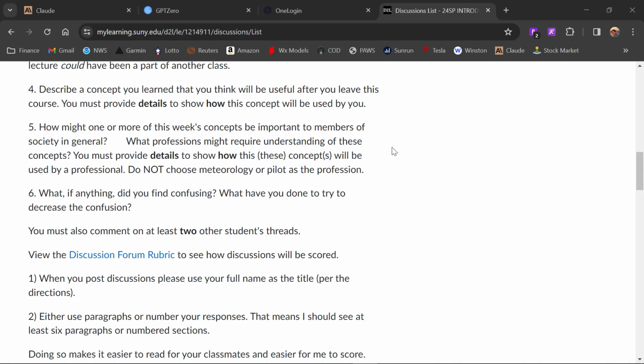The reason I put number 5 in there is because I want students to understand the value of the concepts they're learning, and that it's not just, I need to learn this to do well on a quiz, but these concepts, although it looks like it's just meteorology, are used throughout society, in a lot of different occupations. And so I want students who take this course as an elective to realize they are getting value,